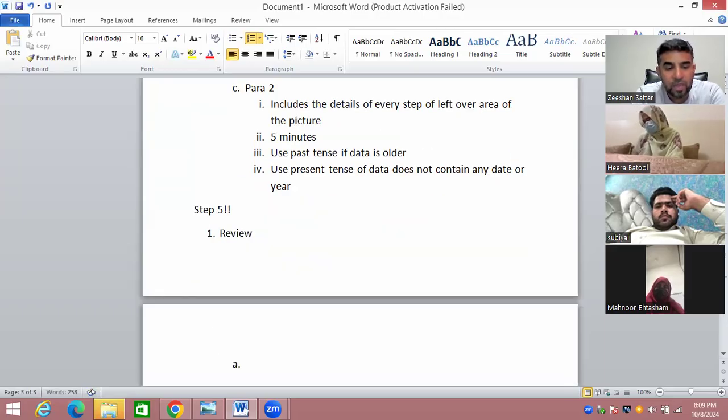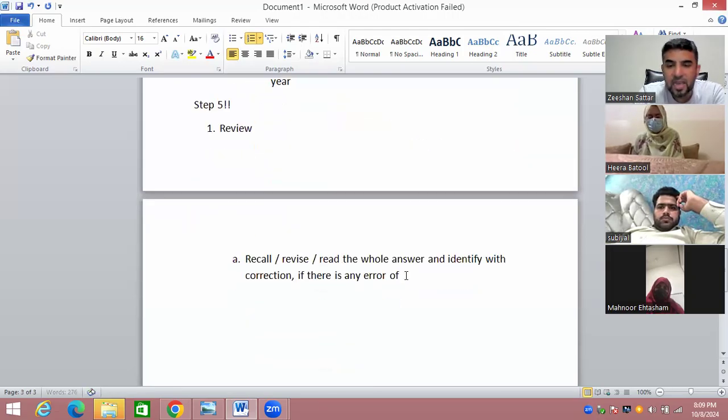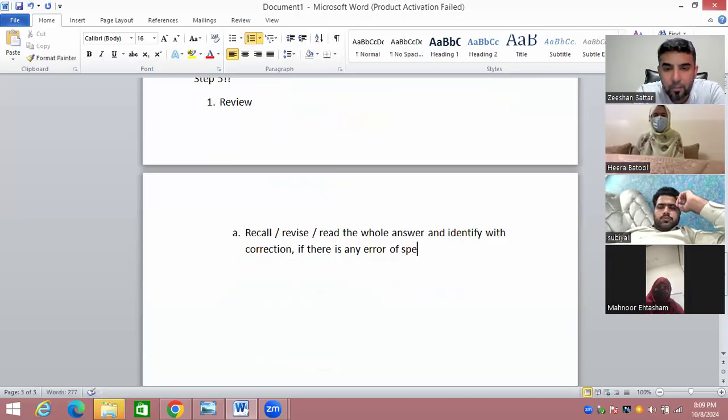What do we do in the review? We recall, we revise, we read the whole answer and identify with correction if there is any error. If there is any error of spelling or grammar